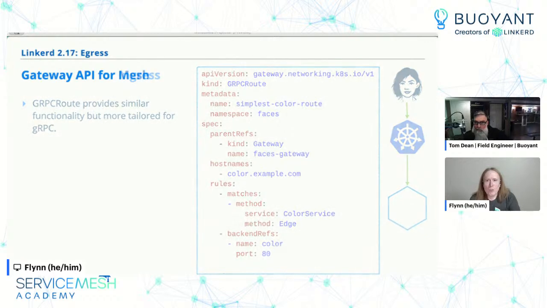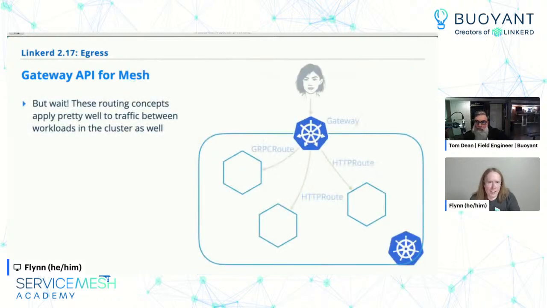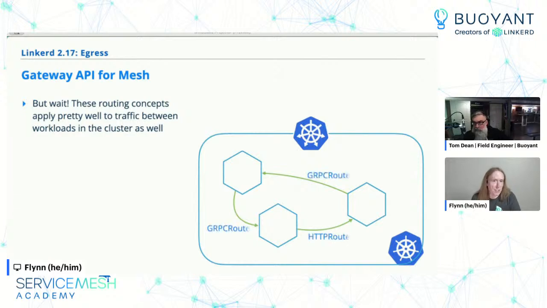The most important thing about this is realizing that all of those routing concepts pretty much work if you're talking about traffic within a mesh as well, traffic within a cluster. So these same concepts where you've got the gateway routing, those pretty much work in exactly the same way with exactly the same resources if you're talking about traffic between workloads in your cluster and not involving the gateway at all. So with that in mind, Gateway API